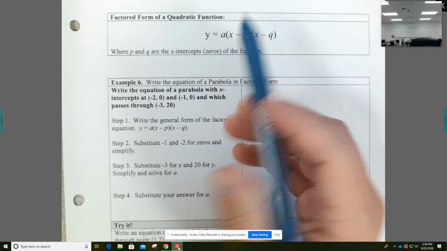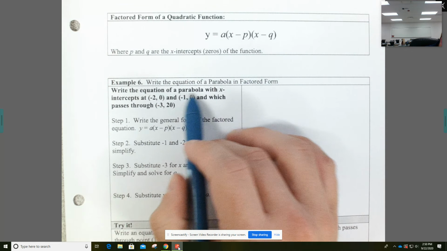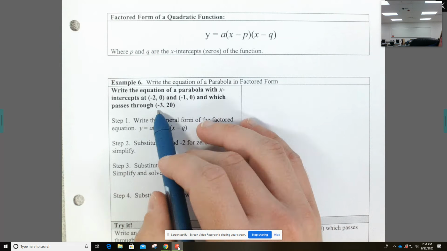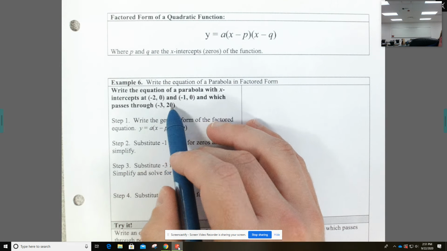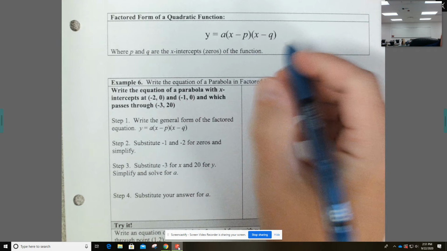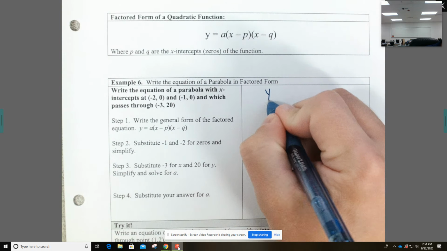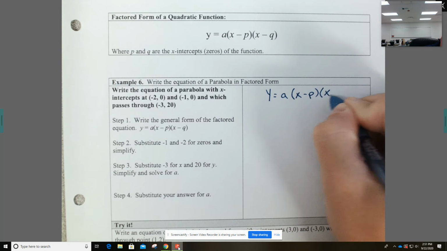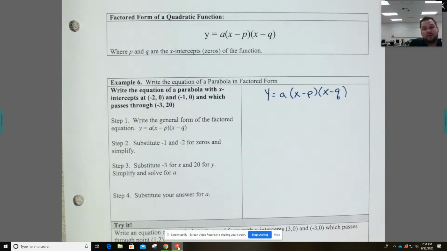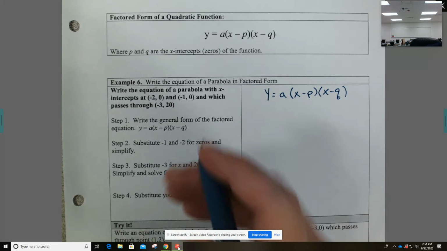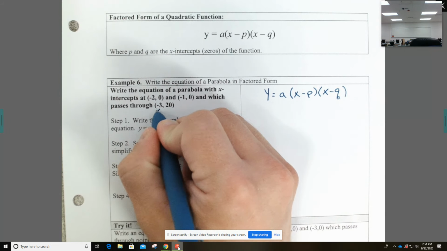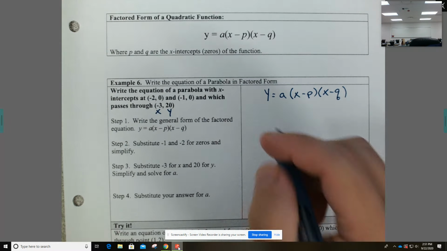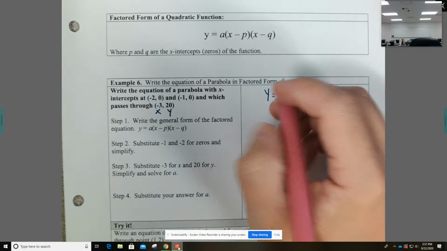So with this, I want us to write an equation of a parabola with x-intercepts at negative 2, negative 1, and it passes through the point negative 3, 20. Okay, so if I look at my original, y equals a, x minus p, x minus q, we need to plug in everything that we know. So we know right away that we have an xy point. Okay, x is negative 3, y is 20. So I'm going to go ahead and substitute that in. Wherever I see y, we're going to throw 20